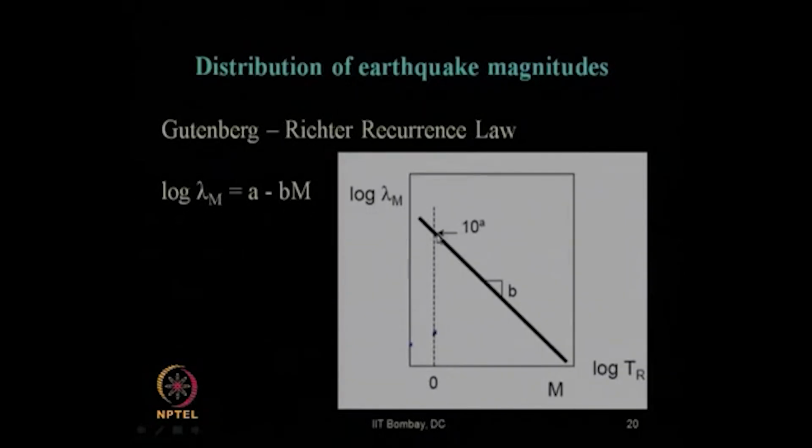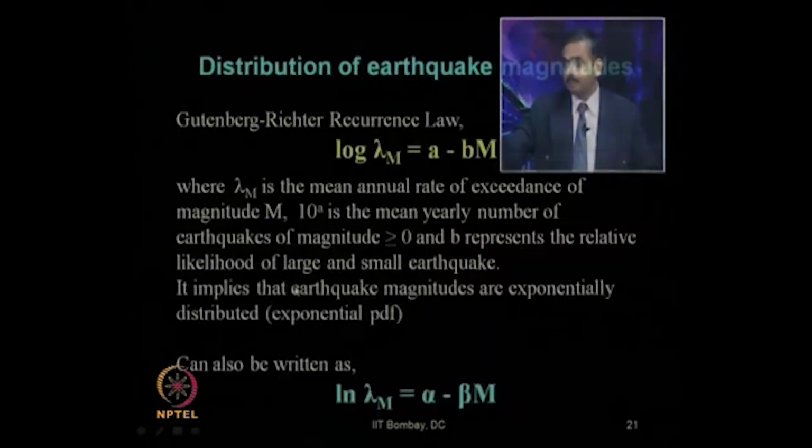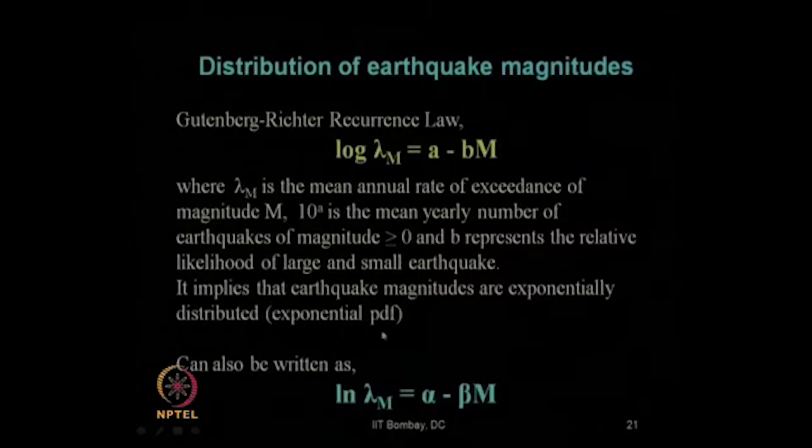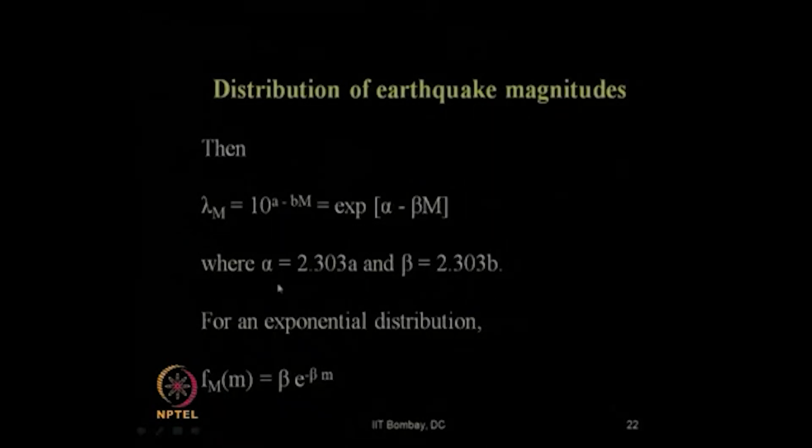bm, where a is nothing but the intercept on this axis at m equals 0, with the value of 10 to the power a from here, and b is nothing but the slope of this line. This is the recurrence law. These a and b coefficients need to be obtained for various regions based on the collected historical earthquake data. The Gutenberg-Richter law can further be expressed in terms of natural logarithm in terms of alpha or beta, where alpha and beta are nothing but the conversion from log to the base 10 to natural log